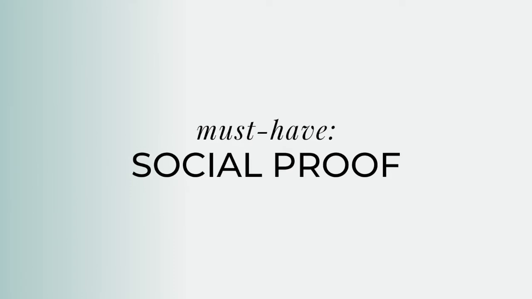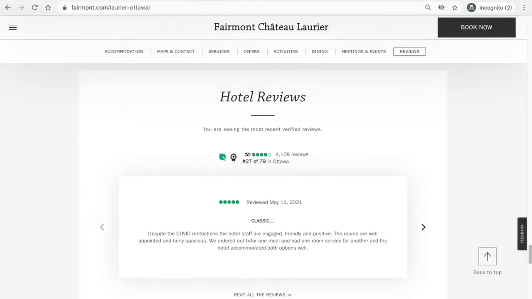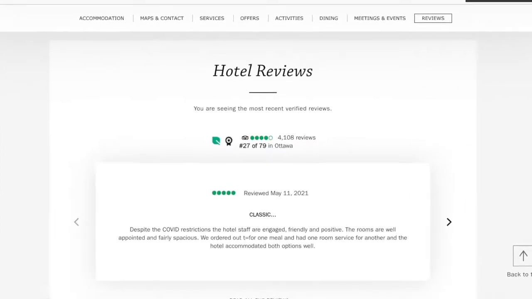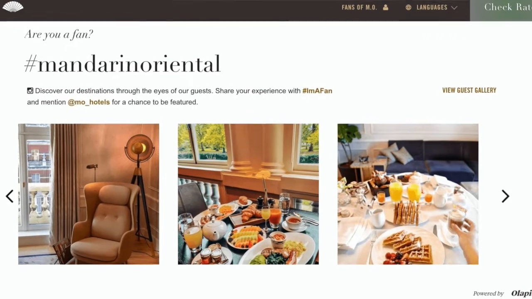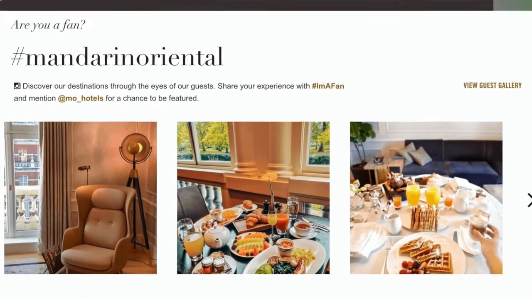The concept of social proof is that people trust something when other people vouch for it. If you've worked in hotels for a while, you already know how powerful those reviews and ratings from TripAdvisor can be. So by social proof, I mean real reviews from past guests, testimonials from your groups or events clients, and even user-generated content like the photos your guests share and tag you in on social media. Make sure your hotel website design incorporates those real, authentic reviews.